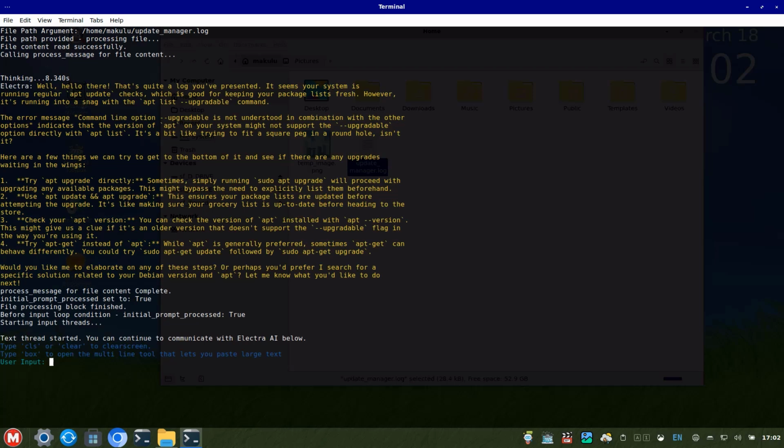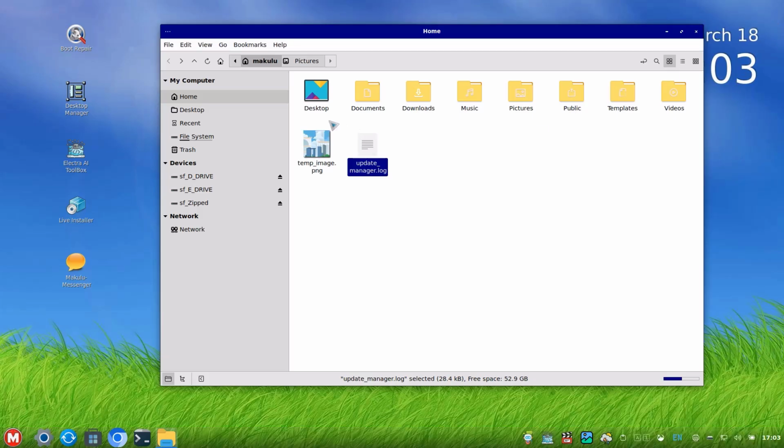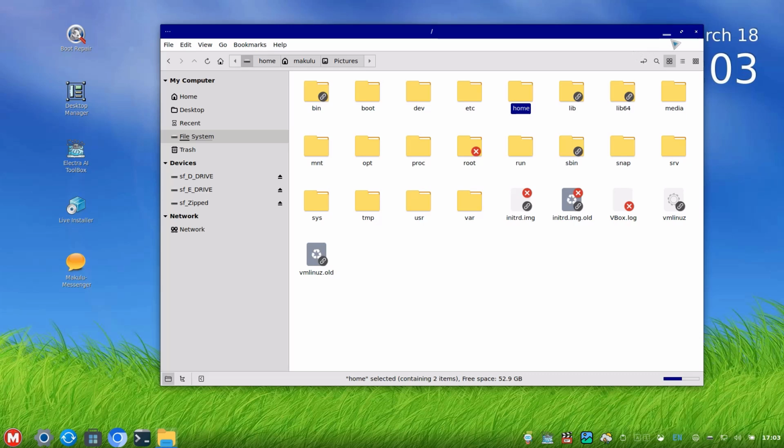Well, hello there. That's quite a log you've presented. It seems your system is running a regular app update check, which is good for keeping your package list up to date. However, it's running into a snag with the app list upgradable command. And so then it gives you